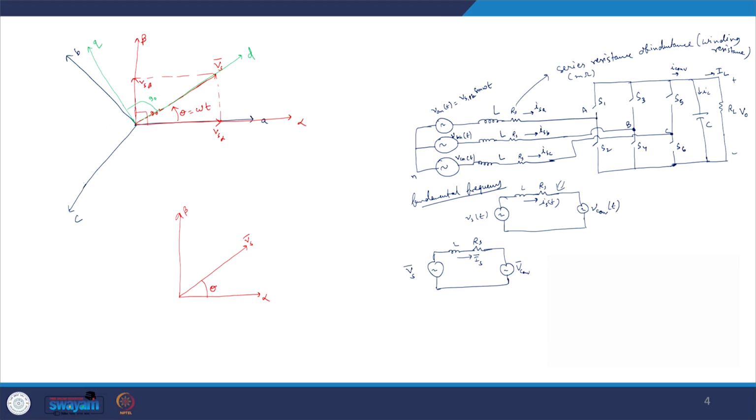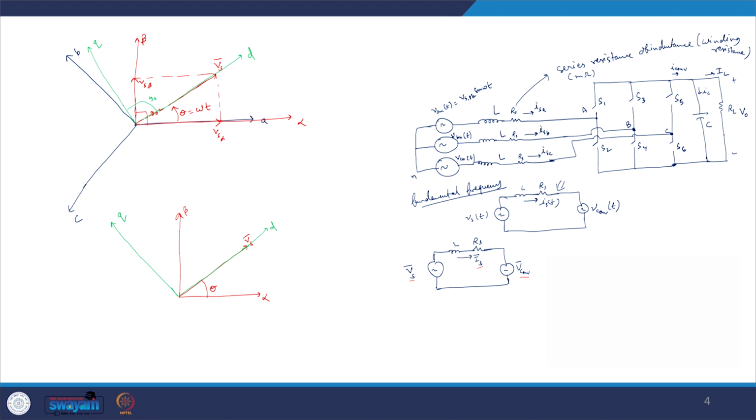We know that we have the V converter space vector, the Vs space vector, and the Is space vector. We have these three quantities which we have to draw. So, let me define the d axis, which is placed over here, and our q axis, which is placed over there, and these two are 90 degrees from each other.